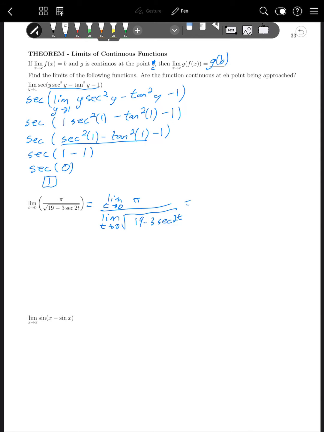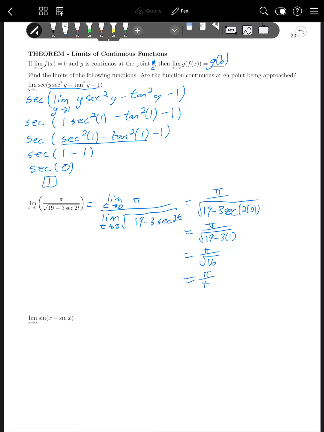So this is just going to be pi over the square root of 19 minus 3 secant of 2 times 0, which is pi over 19 minus 3 times 1, which is pi over the square root of 16, which is